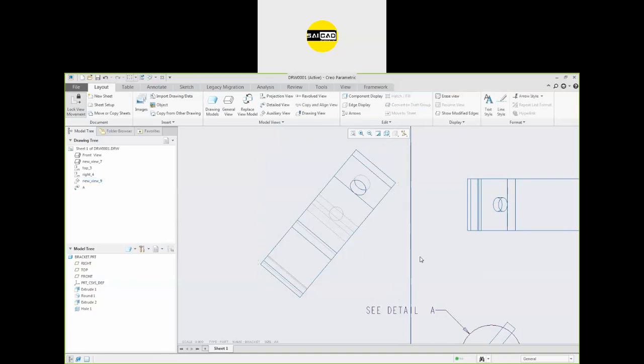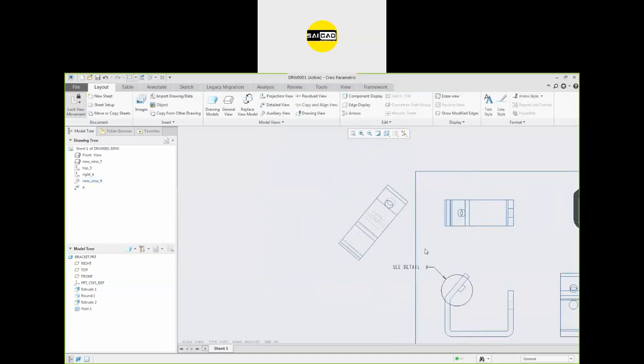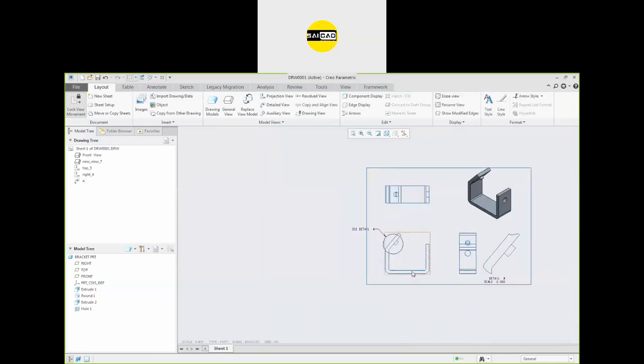To create a new view at an angle, you can use the auxiliary view. Again, if you have any angle you want to make the view according to, you can just select the auxiliary view from here.